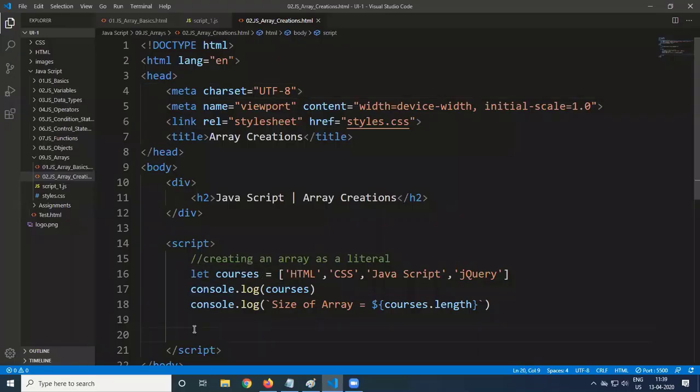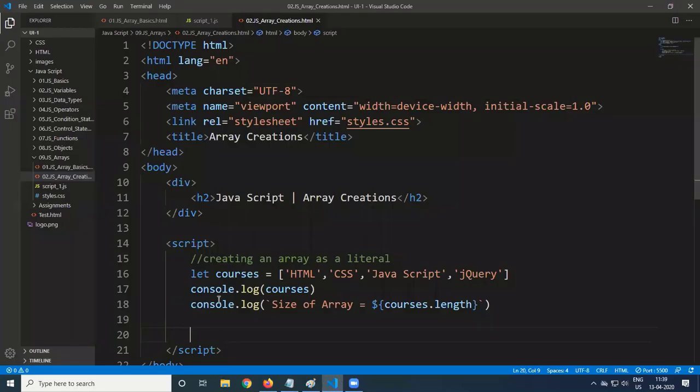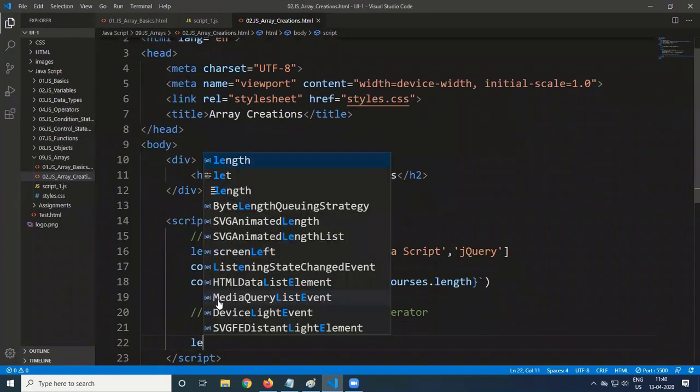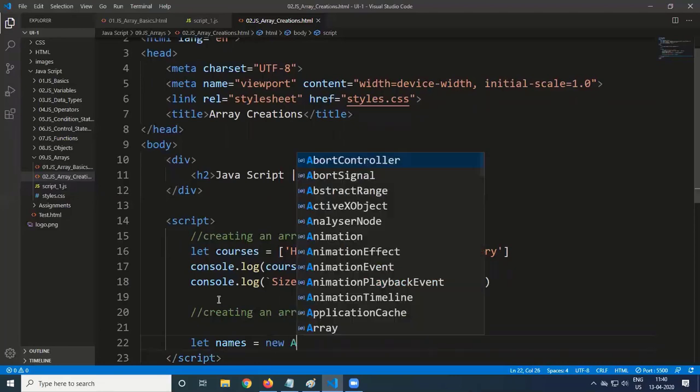The second way of creating an array is by using the new operator. So creating an array using the new operator. Let names is equal to new Array.